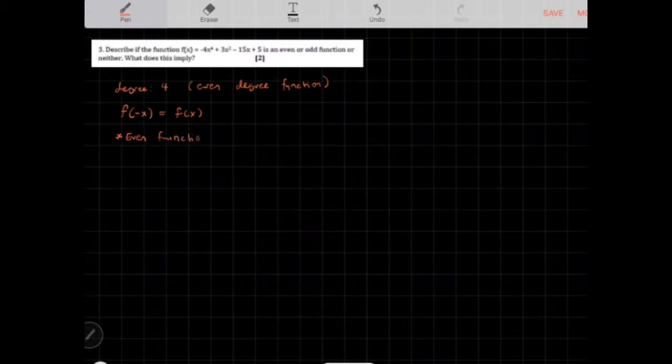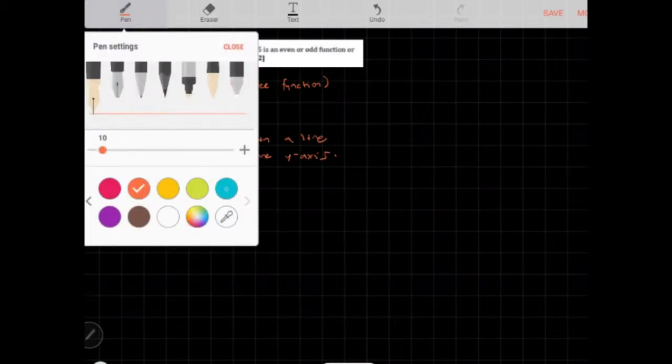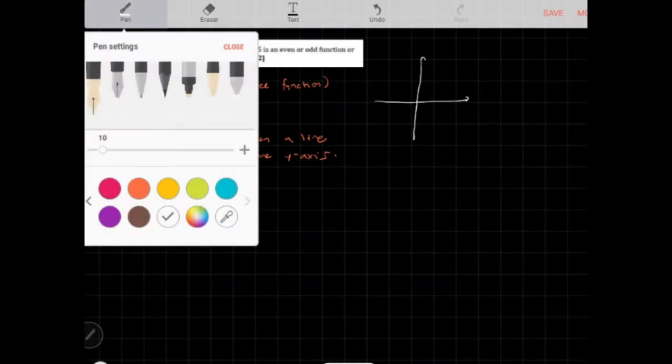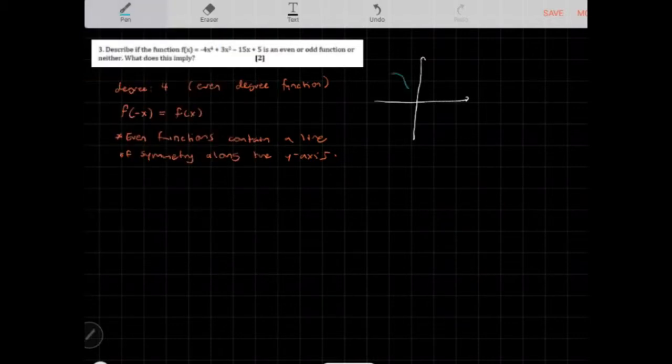have a line of symmetry, contain a line of symmetry along the y-axis. Okay, so what that means is that along the y-axis, it's just going to create a plane. So it's going to kind of look like this. So this is your graph, right? And you have, like, say this is your trace,